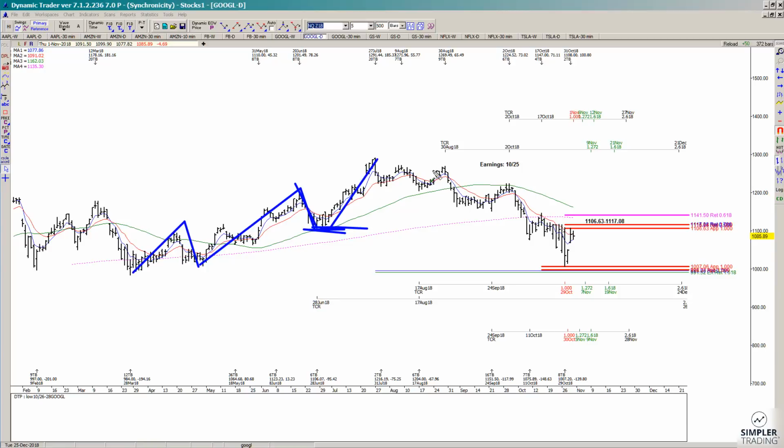But now that we're looking at a pattern of lower lows and lower highs, this last setup in Google was a counter trend buy, okay, because it was a bearish pattern of lower lows and lower highs, but I did have timing factors for a low, and I also had the price factors for a low. And yes, we did get a beautiful rally, but now the trend trade setup, the next decision is to fail